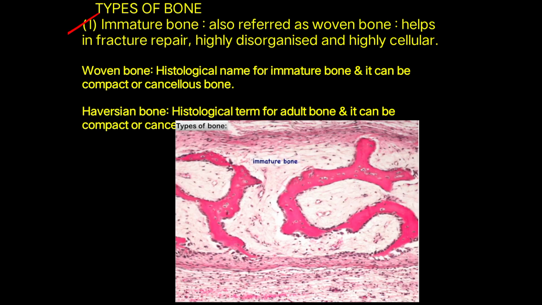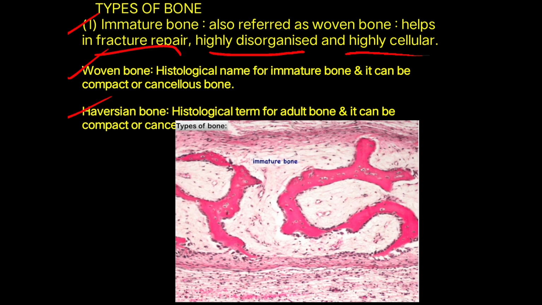The immature or woven bone helps in fracture repair, and it is highly disorganized and highly cellular. Woven is the histological name for immature bone, and it can be compact or cancellous. So woven may be compact or cancellous, but the name woven is given to immature bone. Next is the Haversian bone, the histological term for adult bone, which can be compact